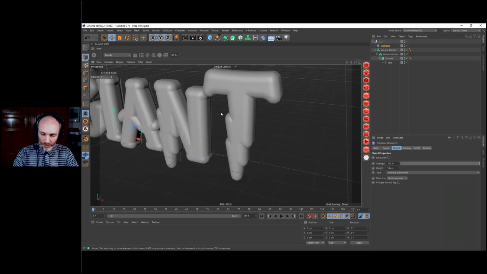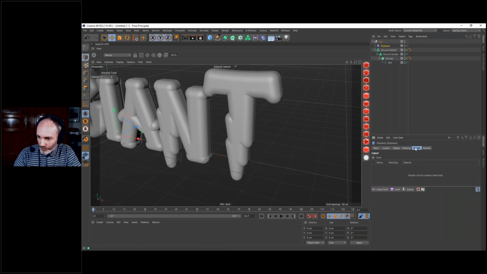to some part of the geometry. And that's where our falloff, the fields, are going to come in handy. So we have all the fields we want to use. We can use the spherical field, the solid, the spline object, and so on. And actually, I'm going to reuse our text spline.